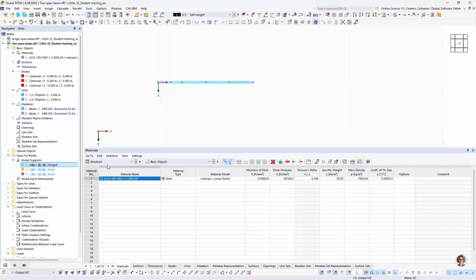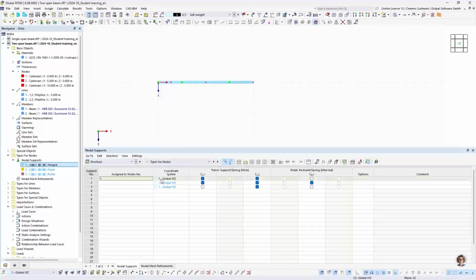So if you go back into the table and in the right dropdown, you find types for nodes. And here you can find the node number 1 that has been assigned to the nodal support number 1. And I want to assign the nodal support number 3 to the 2 other nodes, 2 and 3. And I can do this by clicking into this cell and just typing 2, 3, and then deselect that cell